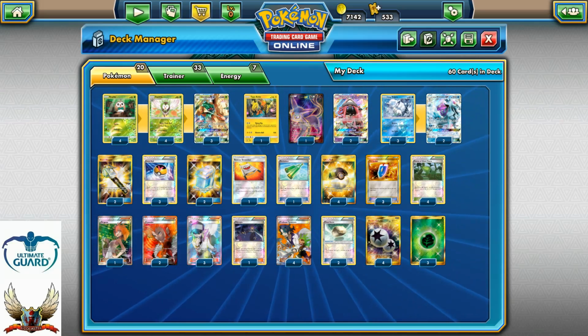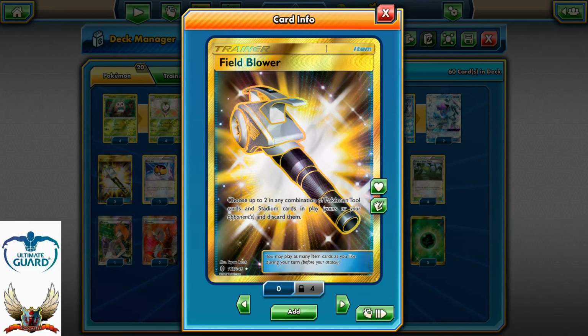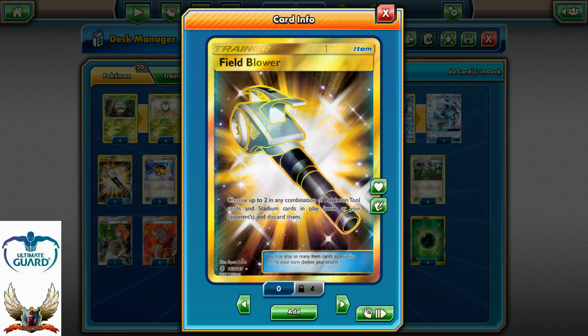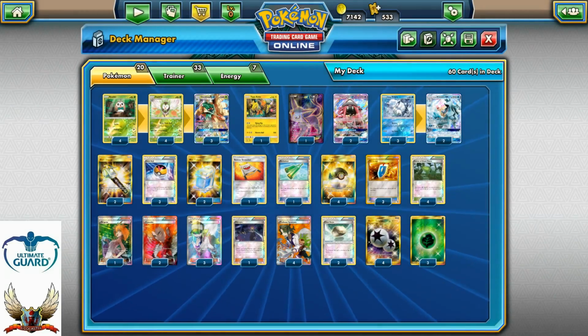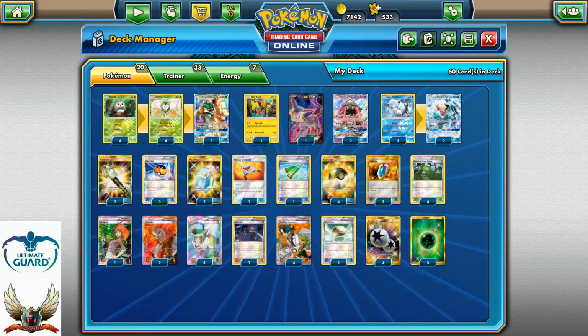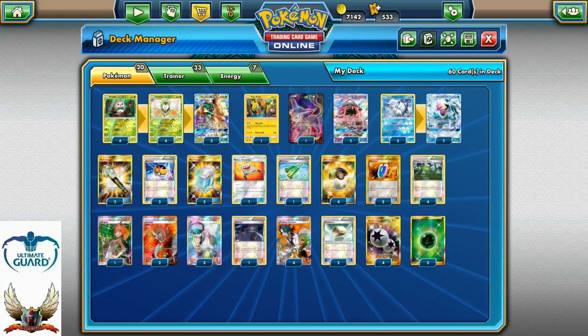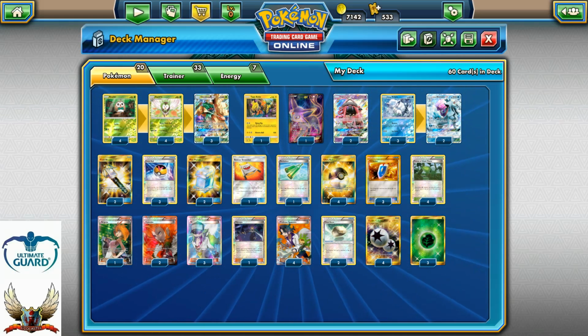Moving on to the item cards, as you can see, I decided to go with 2 copies of Field Blower because it's very important. In some cases, Field Blower might help a lot, especially against decks that will be able to shut down our abilities with that Garbotoxin, so mainly against Garbodors. Field Blower is also a very good card because it can discard a Stadium from play, but it can also maybe move those Float Stones and Fighting Fury Belts, which can also be 40 extra HP for the Pokemon, which is